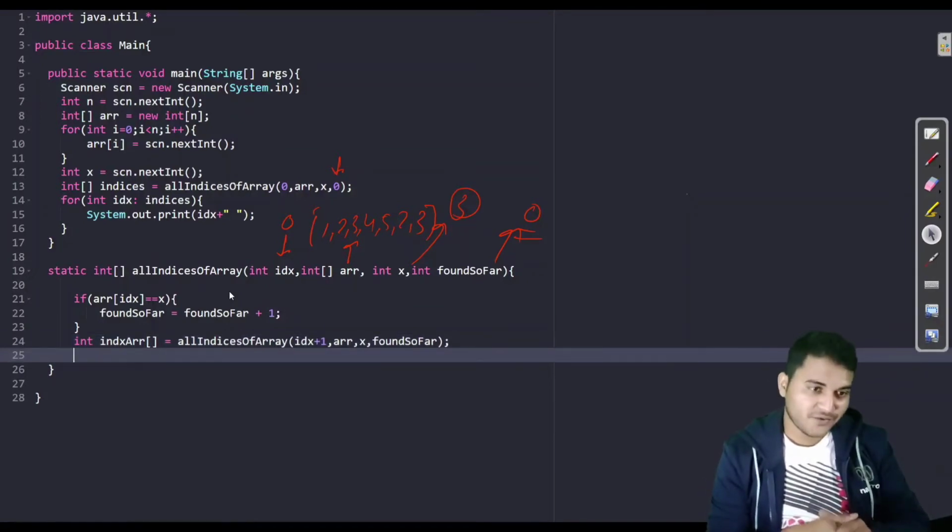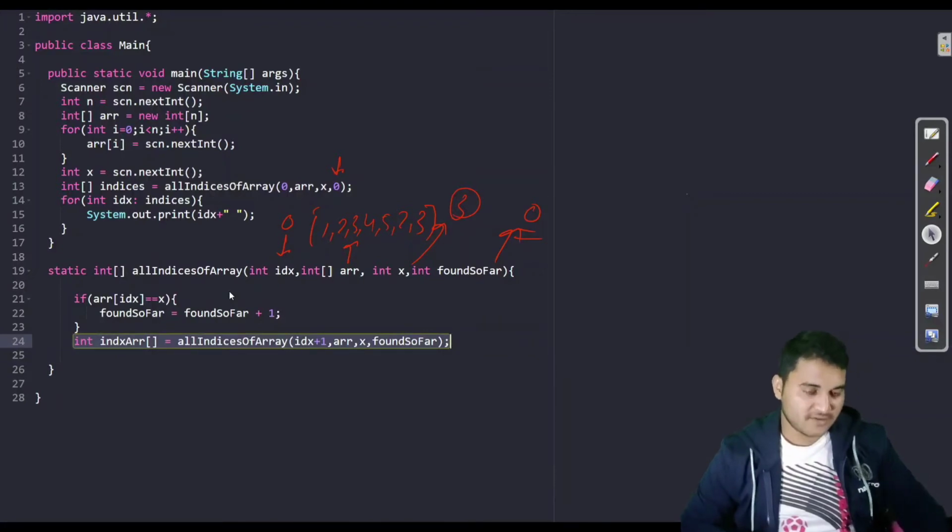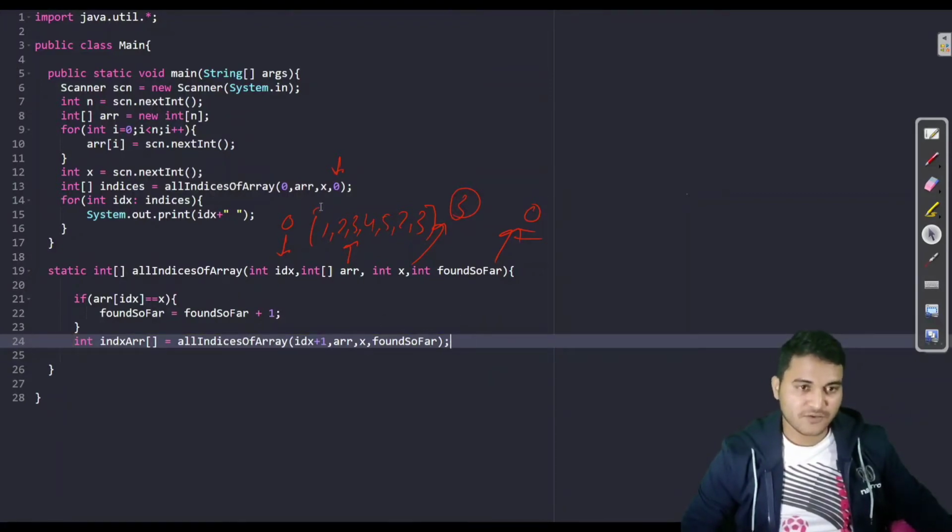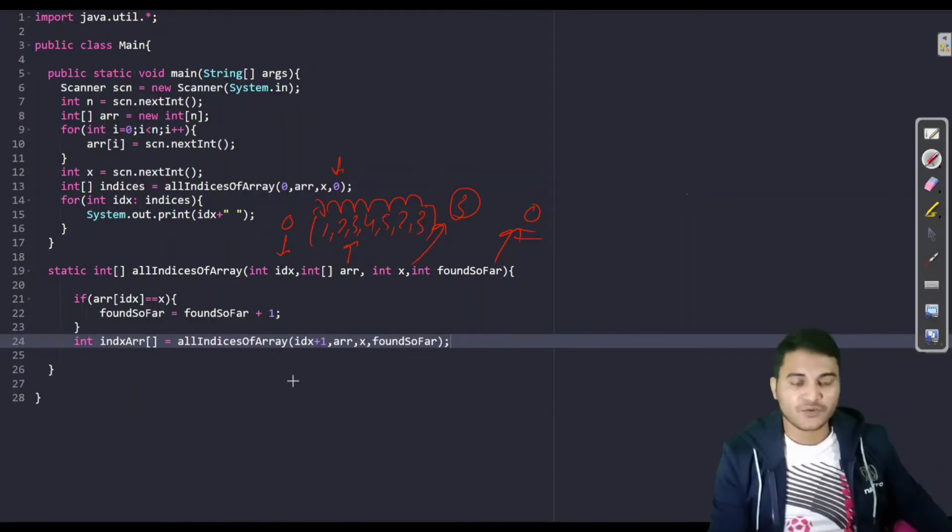Now what I have to do, only these lines of code, what it will do, it will firstly compare this and then this, it will go like this. So this is the important point which I am going to explain.